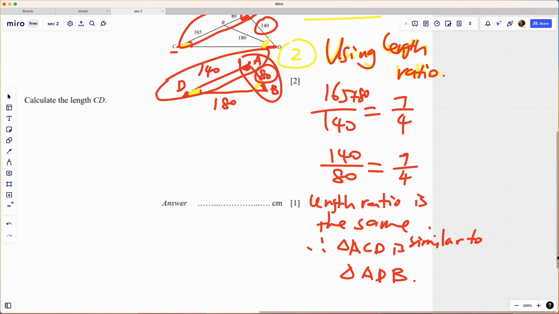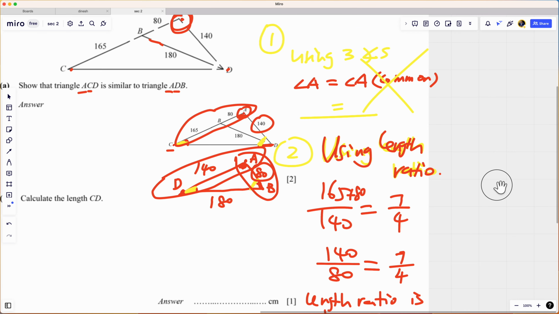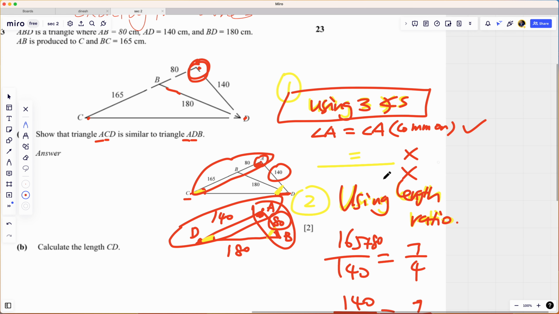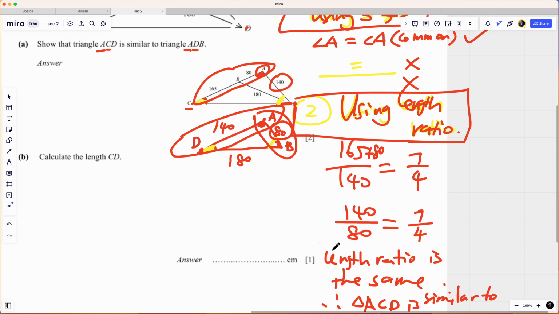Okay, so you have two approaches to find similarity. The first one is using three angles, but for this question, three angles cannot work, because you only have one angle, and you don't have the second and the third. So this method cannot. But you can use the other method to show it. If you can prove that the length ratio is the same, that means the two triangles are similar. Okay? So now with this,